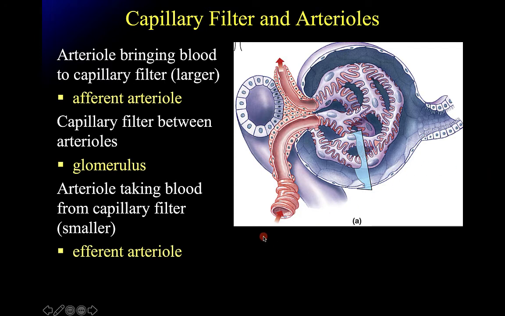We bring blood in through the afferent arteriole. This one's a little bit larger in diameter than the efferent. We come into this capillary network. Again, the capillary network itself is the glomerulus, and then blood will exit through the efferent arteriole. Now, this is easy because we already know the names afferent and efferent because we learned those in the nervous system. Now, what matters here is that we do have a difference in the diameters of these vessels,